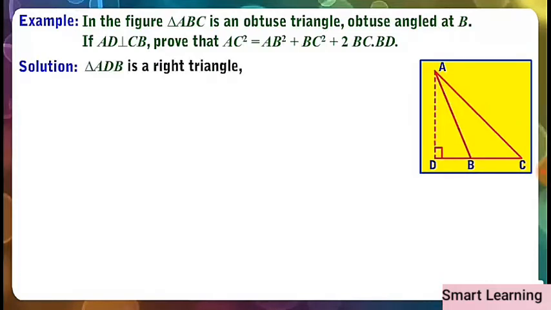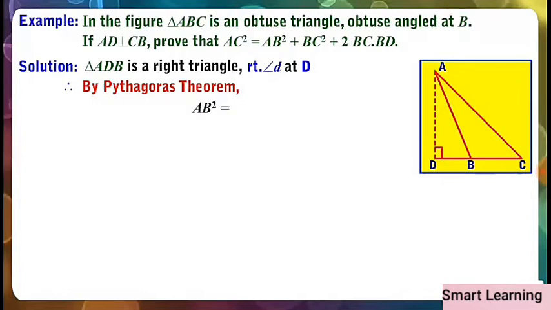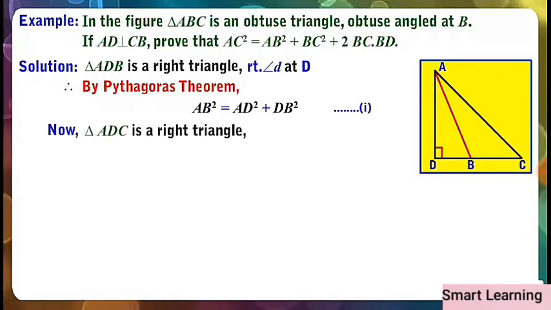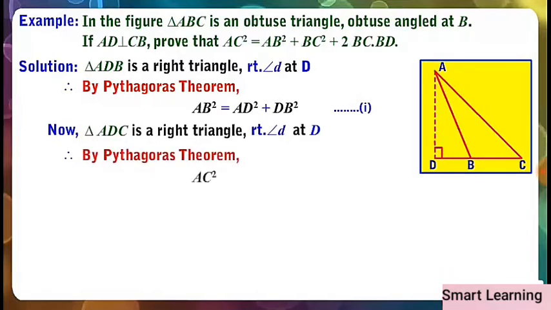Triangle ADB is a right triangle right angled at point D. Therefore, by Pythagoras theorem, we will have AB square is equal to AD square plus DB square. Call this first. Now triangle ADC is also a right angled triangle, right angled at point D. Therefore, again by Pythagoras theorem, AC square is equal to AD square plus DC square. This implies AC square is equal to AD square plus, in place of DC we can write DB plus BC